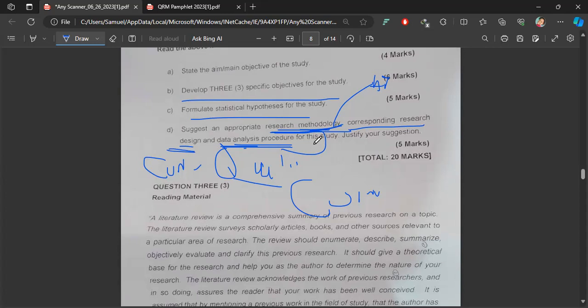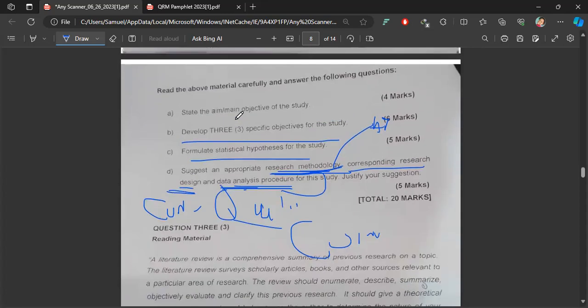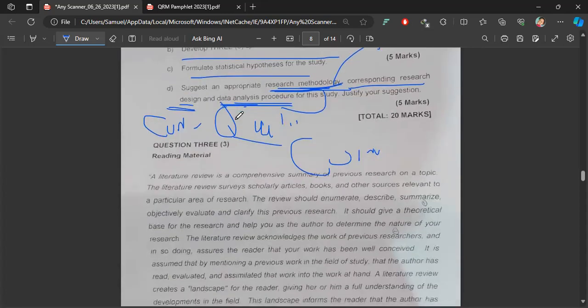And quasi-experimental doesn't even fall into this. Correlation doesn't even fall into this. Maybe correlation, if you're looking at the relationship in that aspect, yes. But I would go for the exploratory research. Why? Because they're only exploring the factors. Obviously, there is an effect. So I would go for correlation, or maybe I can justify that, as well as the